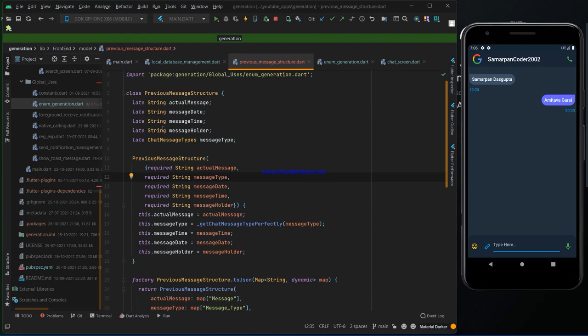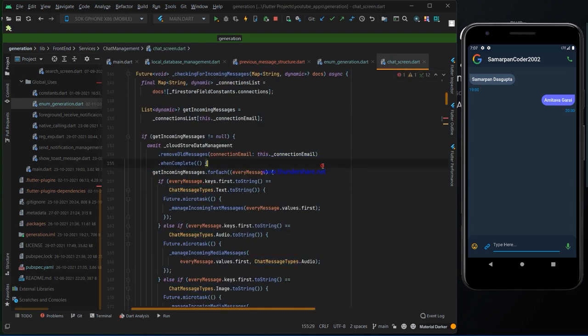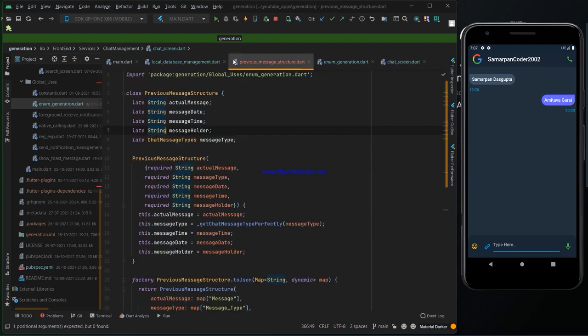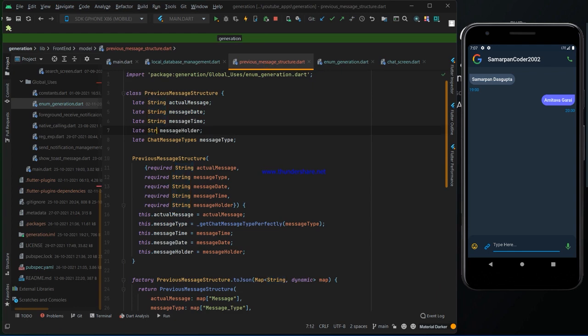Message folder, just a minute. Yeah, here you can see under the chat screen we have to add the list of conversation message folder, and that will be true or false. So we can manage it in that way, message folder, so that will be type of bool.